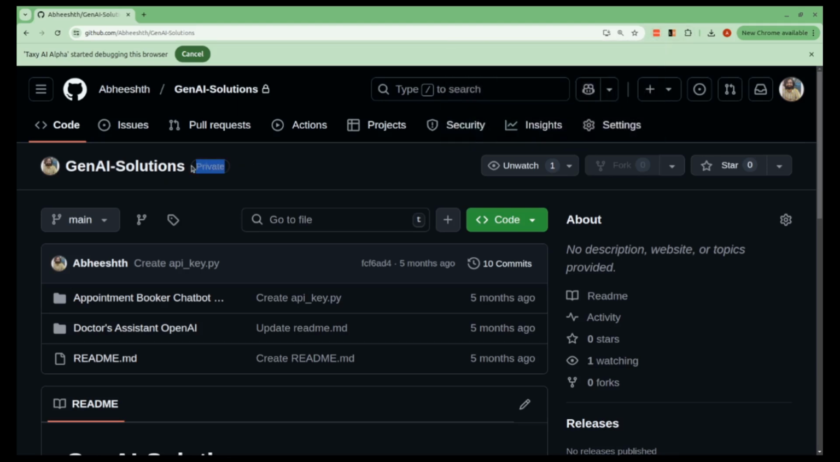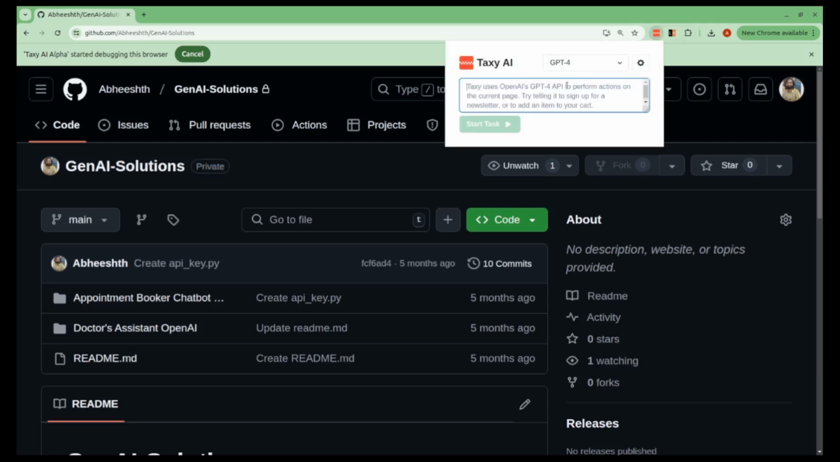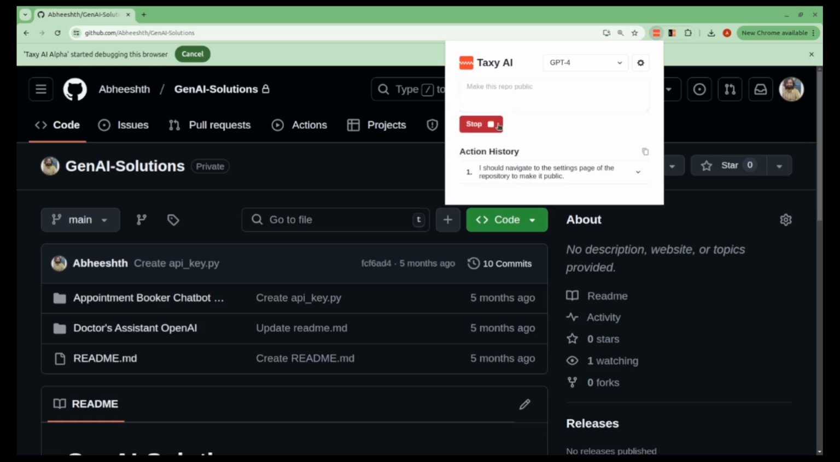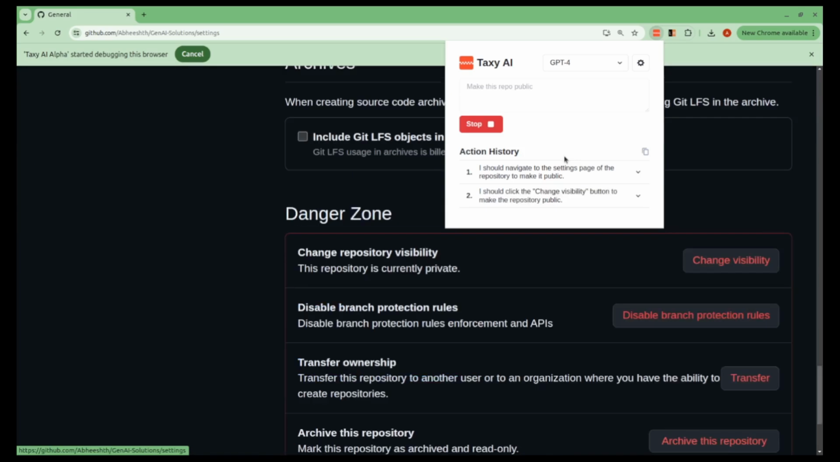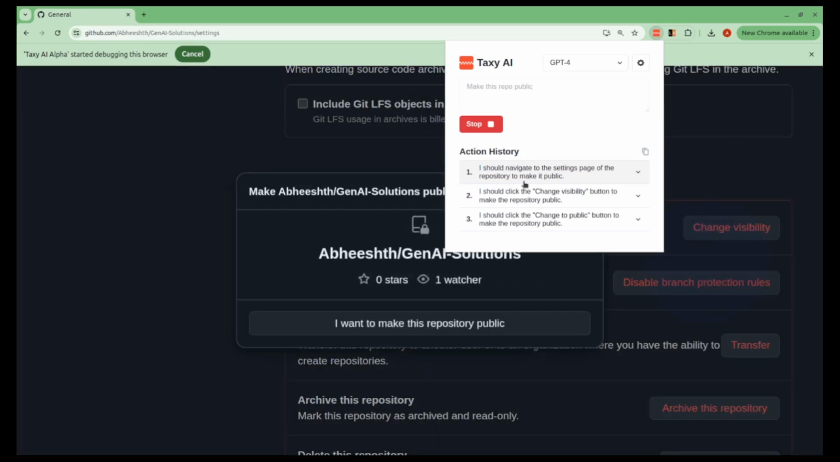You can see our repo is private. We want to make it public, so I'll just type this, make this repo public, and it should do all the work for us. Start working on the things. You can see it's saying that I should navigate to the settings page and repository to make it public, and it's doing it on its own. I'm not doing it. You can see my cursor here, and it's changing the visibility as well on its own. It's taking control of my browser currently,